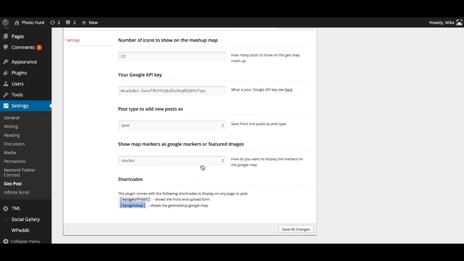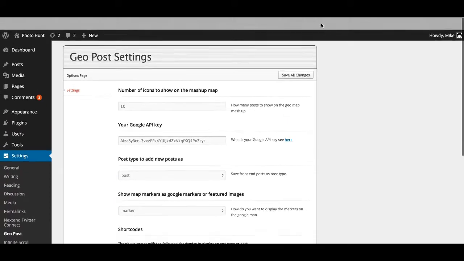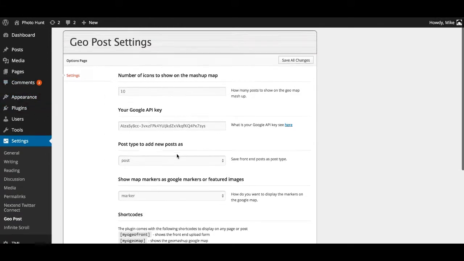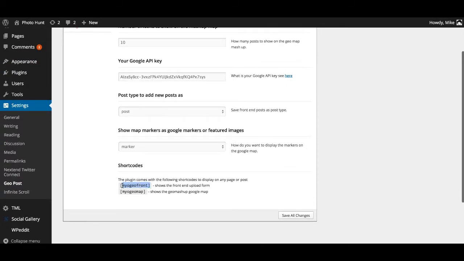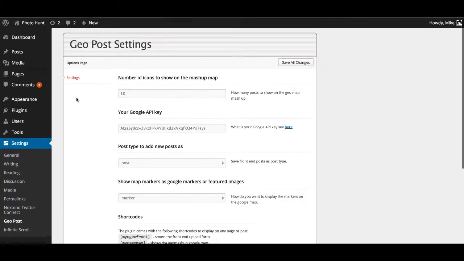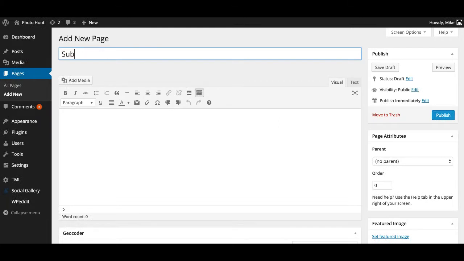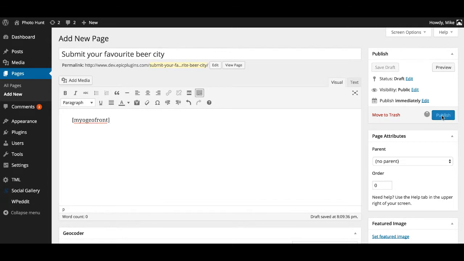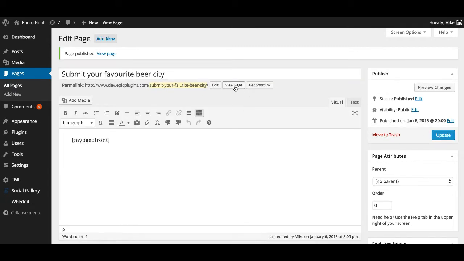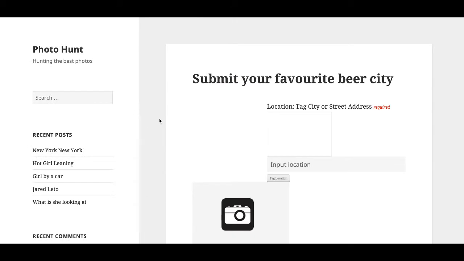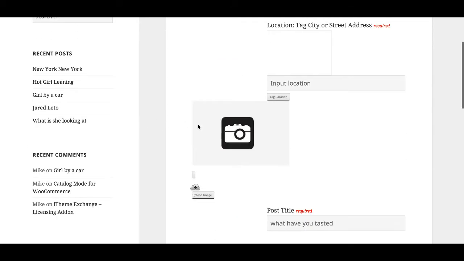So you'll see that's because we've got markers showing. You can say use featured image if you've got a featured image, and then the other shortcode is myGeoFront, which will give you, if I create another new page, submit your favorite beer city, myGeoFront, published. So if you view that page, it should give you, again the style is a little bit out of sync on this theme,